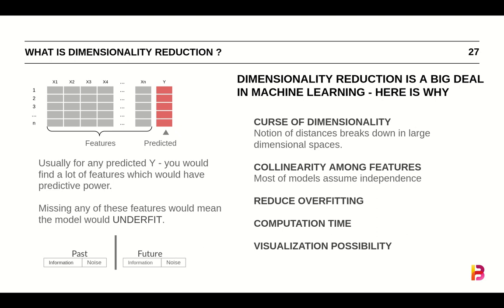Now it so happens we cannot visualize beyond three dimensions, but the way these machines work is by mapping all of these features onto different axes and representing every record or every observation as a point in that multi-dimensional mathematical space. Now it so happens that as we increase the dimensions, the distance between any given two points or any given two observations increases.